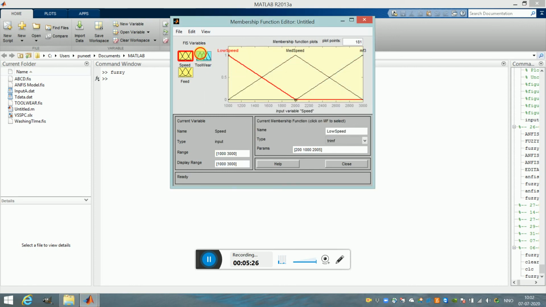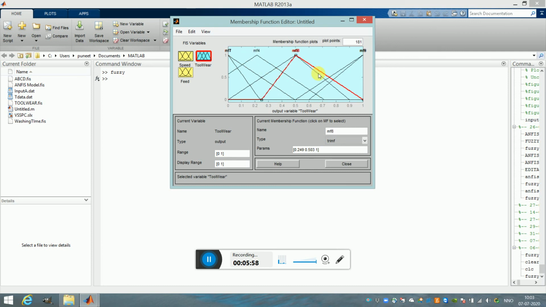Now we are in the tool wear mode. Here you can adjust it wherever you want to have these things. So 0.25, this I want to have here, this I want to have here. Like that you will be changing the values of the membership functions.